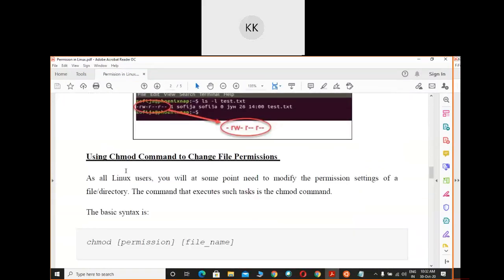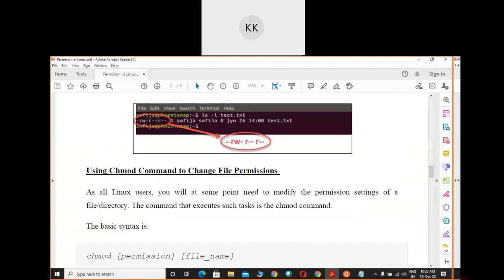So up to this part we have completed, right? Now see, one special command is there. The name of the command is what? The change mode command, okay. To change file permission. If we want to change these sets of permission, what to do? We have to use the command called change mode. What is the syntax and how we are going to use it, I'll show you. Just have a look for some time.